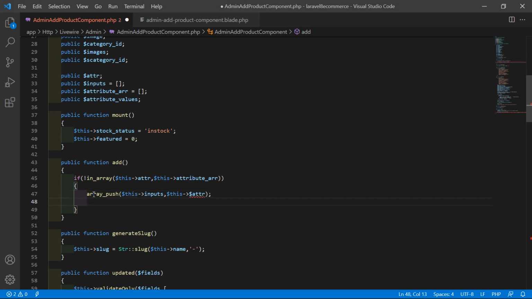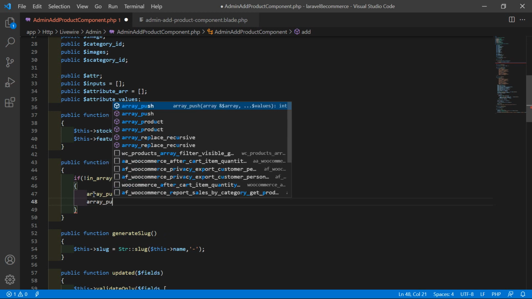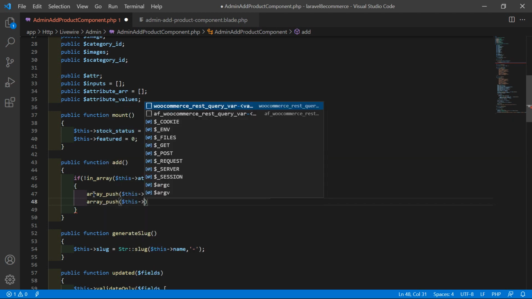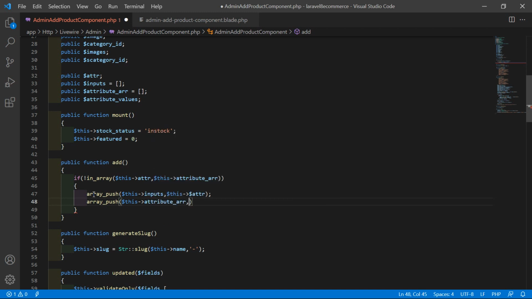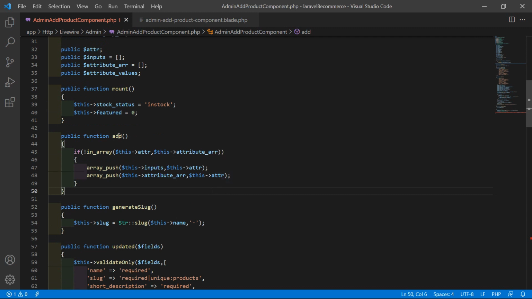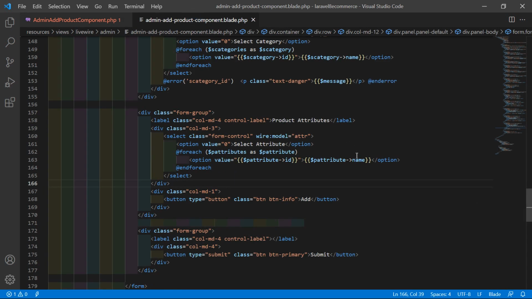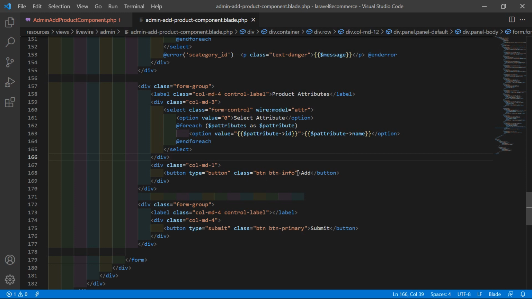And now also write here array push dollar this arrow attribute array, this one, and just push here the value dollar this arrow ATTR, this one. Not dollar here, like this, okay. Now save this file, and let's copy this function name, and here inside this button add button, just write